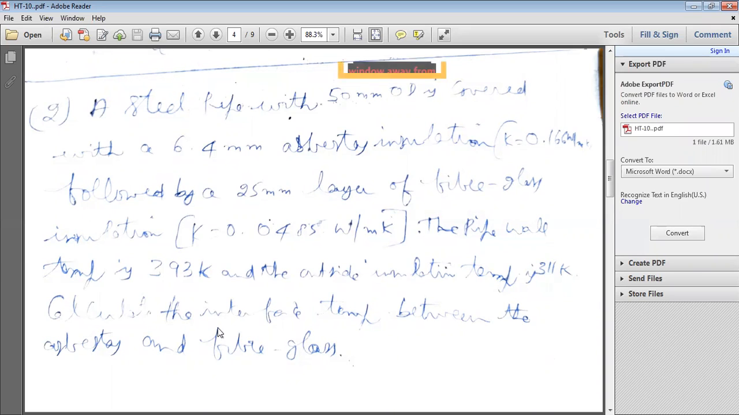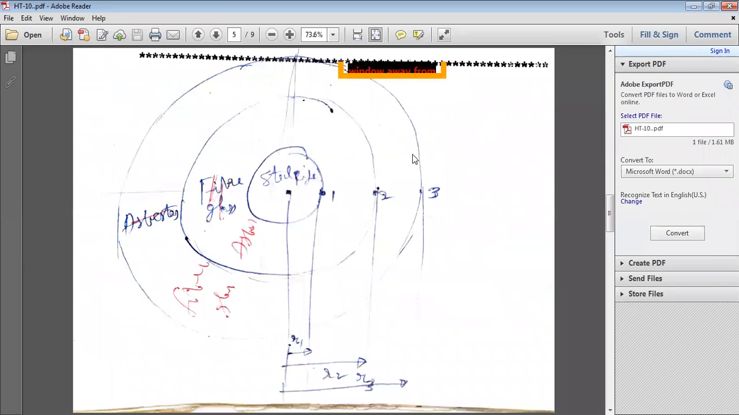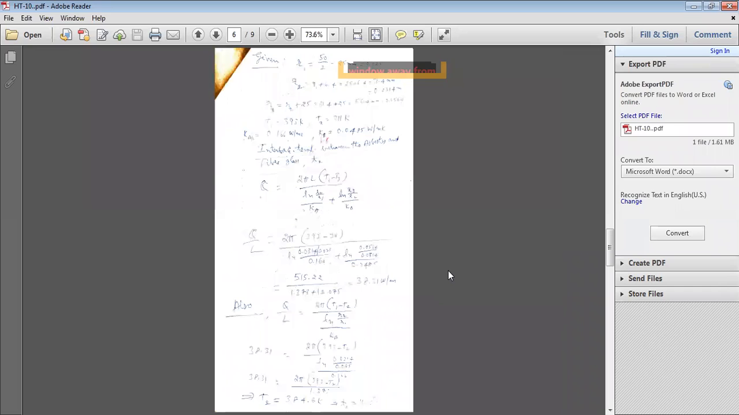Calculate the interface temperature between the asbestos and fiberglass. Just like earlier problem here also, you have to calculate interface temperature T2. Here you have to calculate temperature at the point 2, T2. Interface temperature between the, this is asbestos, this is the fiberglass. So interface means at this point. T2 to be calculated. So follow the same procedure of last problem. First,